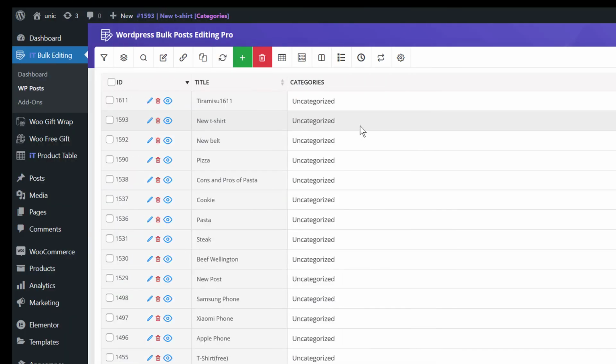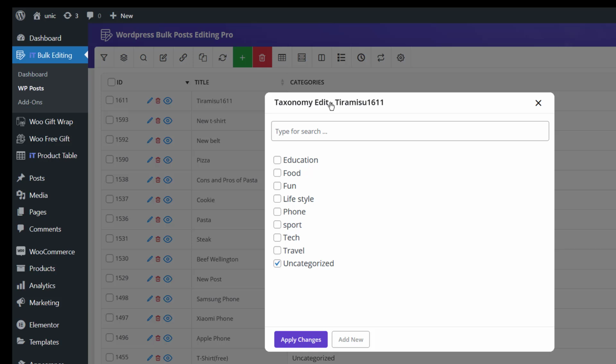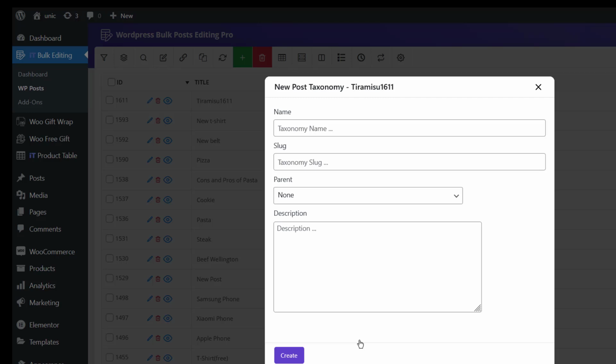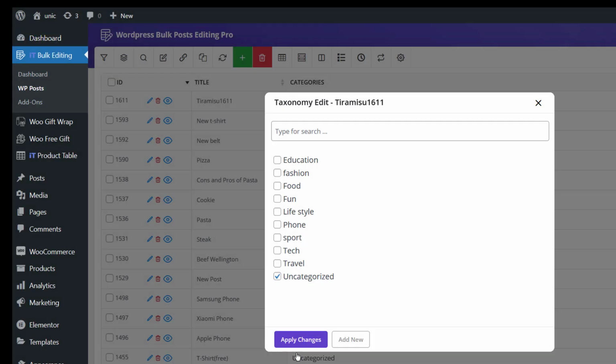You can also add a new category directly in the plugin from the post table. To add a new category, you need to add the category column to the plugin and then click on one of them in the post table. In the new pop-up opened, Add New option is available as shown here. By clicking on Add New, a new page will be opened and you can add category with its features including category name, slug, parent, description. For example, now let's go back to the main page of our plugin and try to add this category to our post